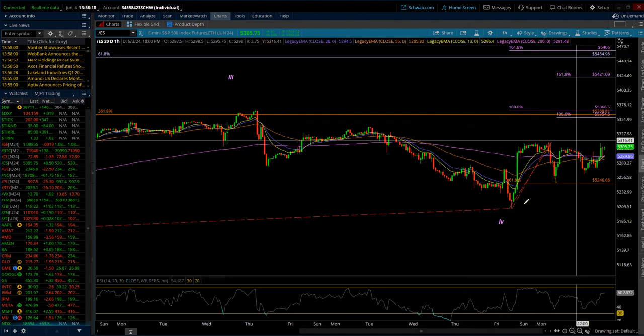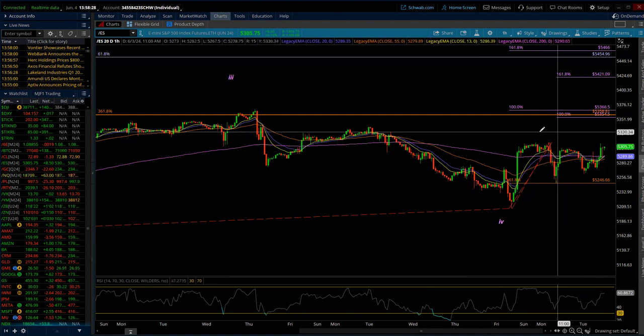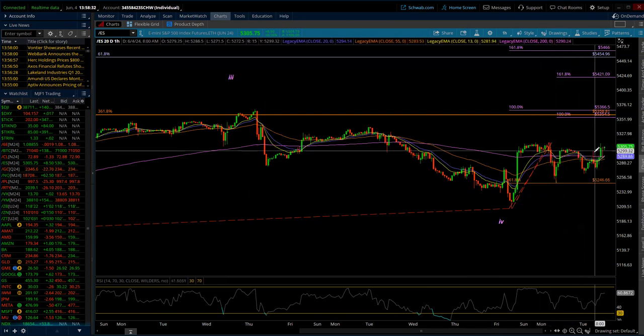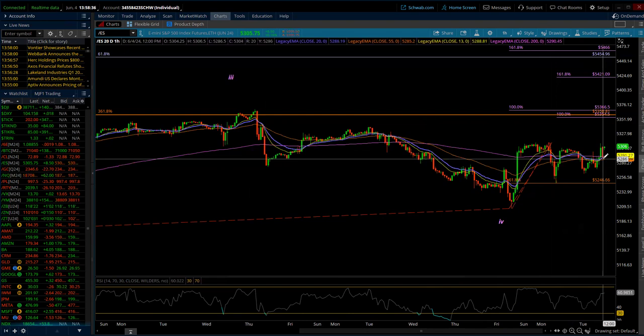Now, getting inside this 5th wave, if we label this wave 1 and we have an ABC, I believe it also was pretty flat. That high was 53.12.25, and this high is 53.13.25. So pretty flat. And you can see they really did swing it lower pretty quick and then brought it